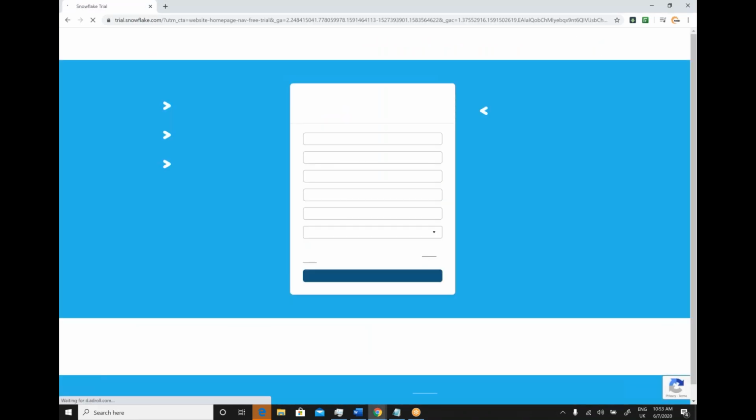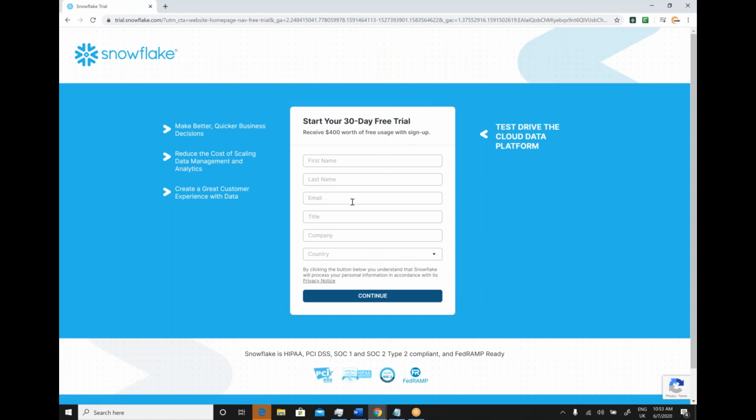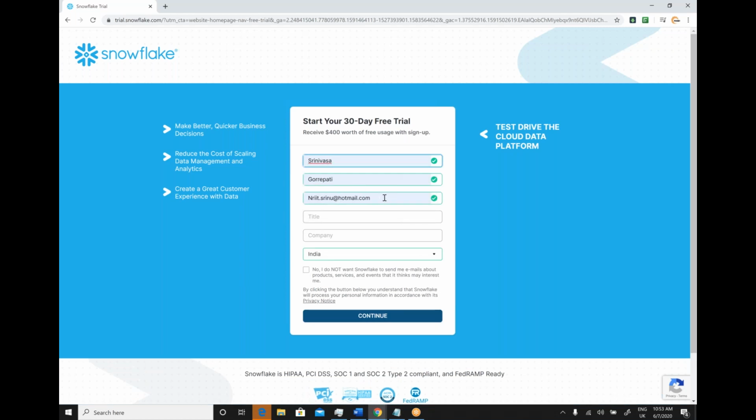Whenever you click on start for free, it is going to take basic details: what is the name and what is the email ID. You need to provide the name, email ID, designation, and company details.